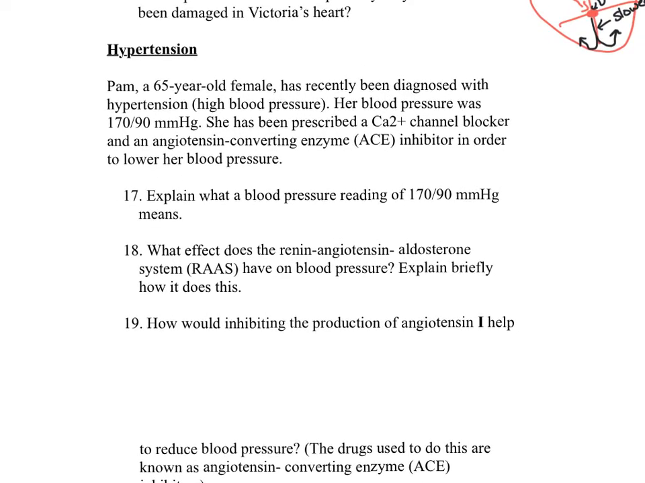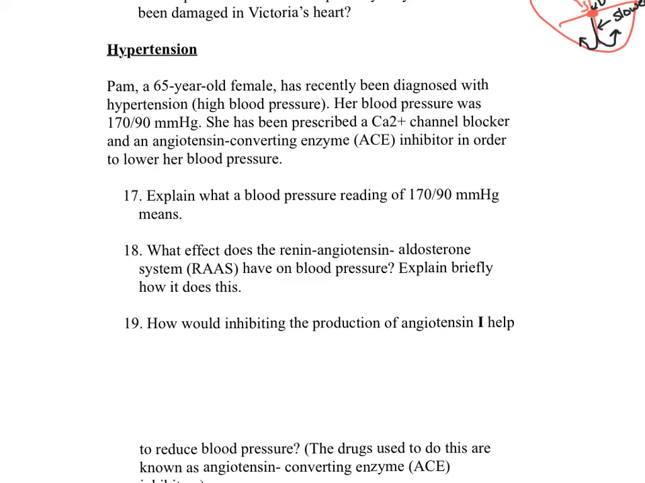Our next case study is on hypertension. So we have Pam, a 65-year-old female who's recently been diagnosed with hypertension, or high blood pressure. Her blood pressure was 170 over 90 millimeters of mercury. She was prescribed a calcium channel blocker and an angiotensin converting enzyme, or ACE, inhibitor in order to lower her blood pressure. So first of all, we need to explain what a blood pressure reading of 170 over 90